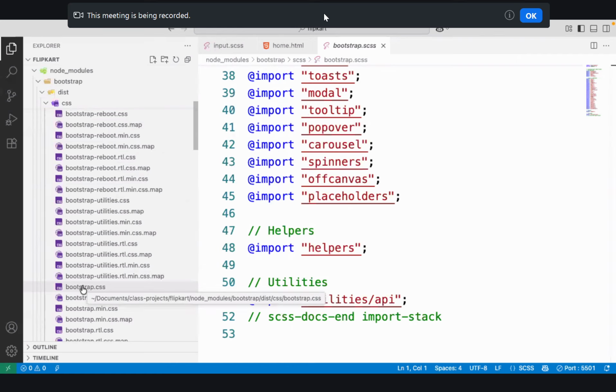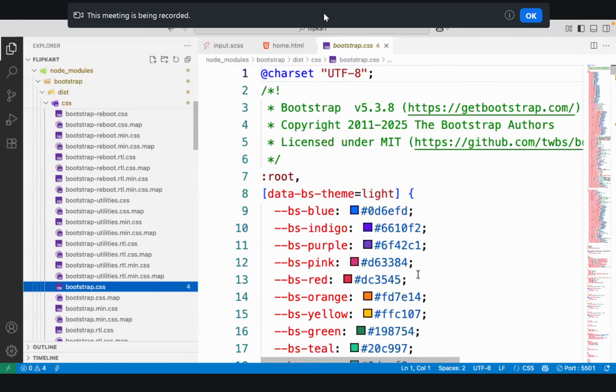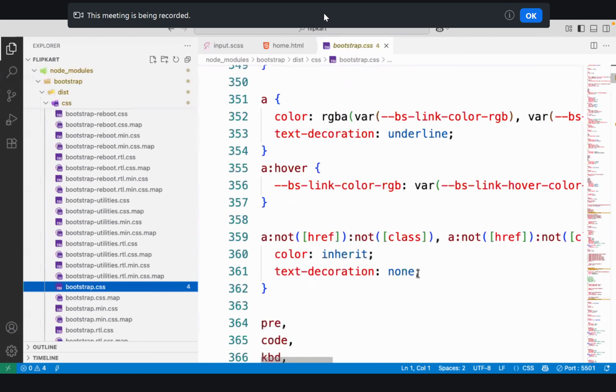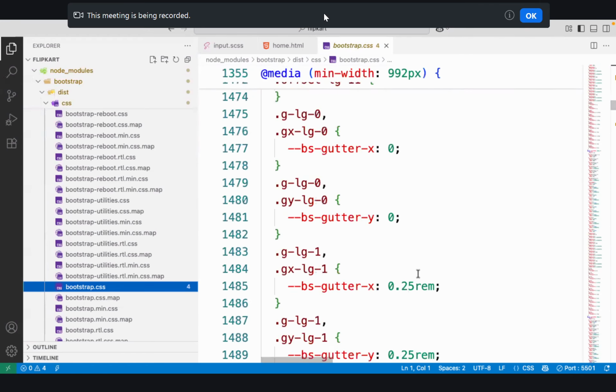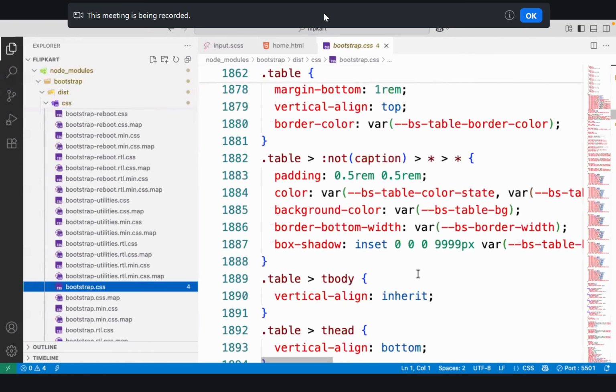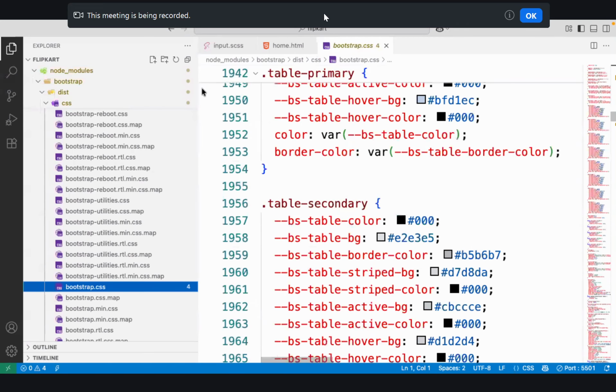Nothing but bootstrap.scss is exported to bootstrap.css, and bootstrap.css has thousands of lines of code. Now the question is, if the original bootstrap file has only 57 lines of code, how did this much come? That means actually what they are doing